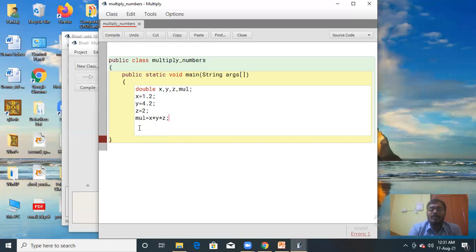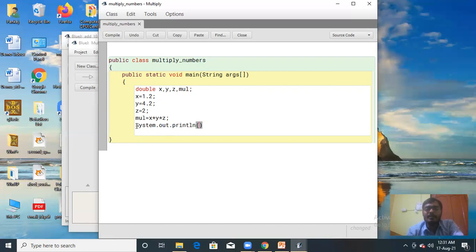Here mul is a variable which will store the result of x multiplied by y multiplied by z. Now you have to print the value of mul. For printing you have to use this statement, System.out.println.